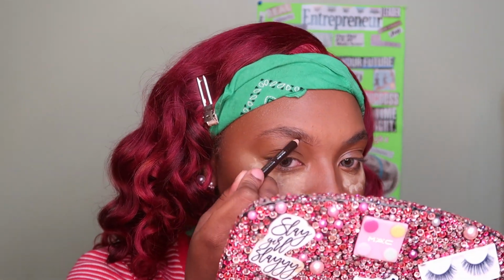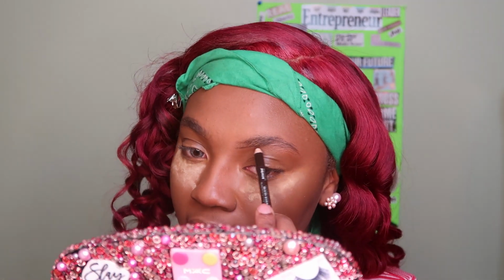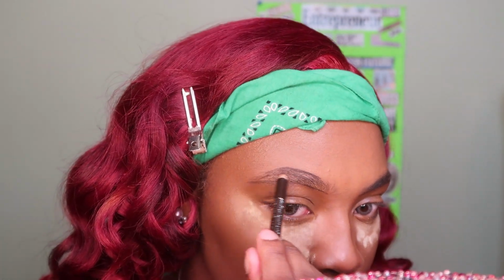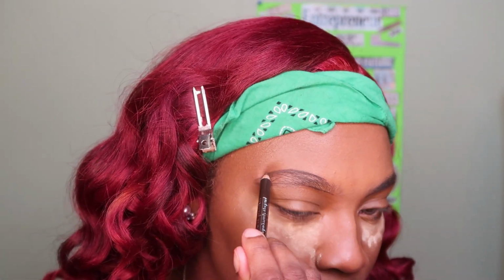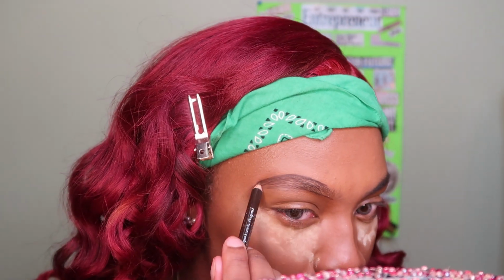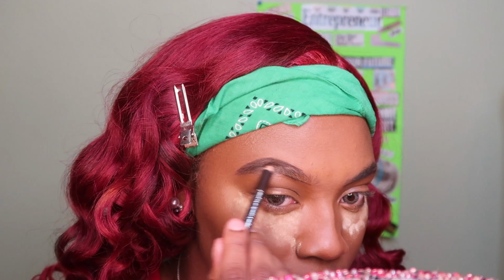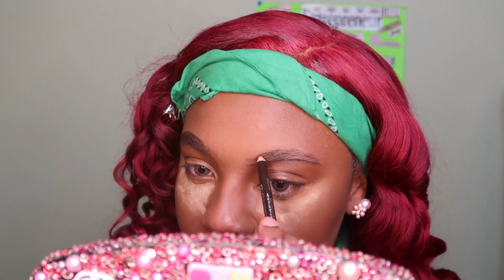Okay, it's giving black brown, guys. Not bad on the pencil so far, but it's just me carving out the brows. It's probably more on the black side. I'm gonna have to make it a little bit lighter when I brush them, but